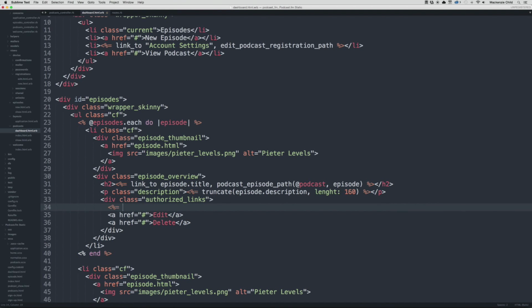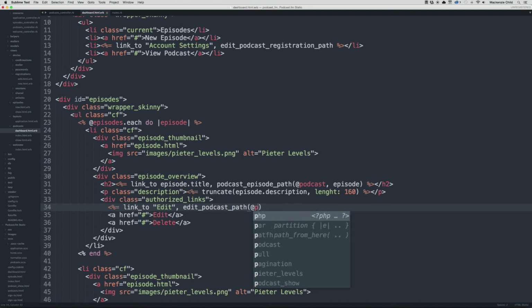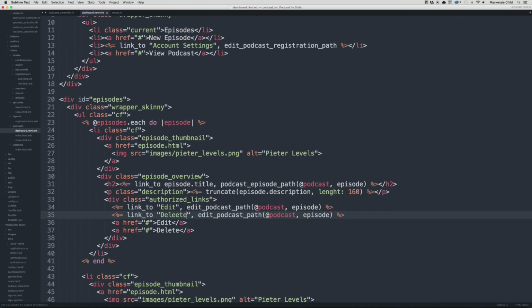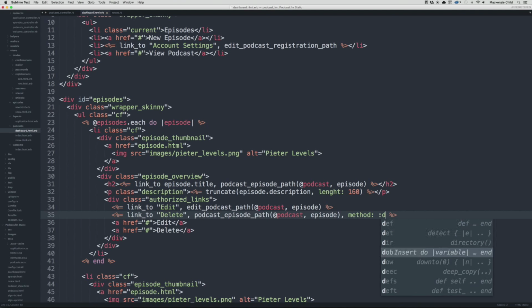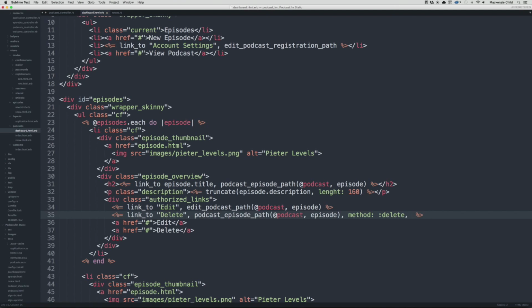Okay, so now let's change the links for the authorized links. What we want to do is do a link to edit, and we're going to go to the edit_podcast_episode_path, @podcast, and @episode. And I'm going to copy that. This is going to be delete. And this one is going to go to the podcast_episode_path, @podcast, @episode. And then we'll do comma, method: :delete. And we will do another comma and confirm it. So we'll do data: { confirm: